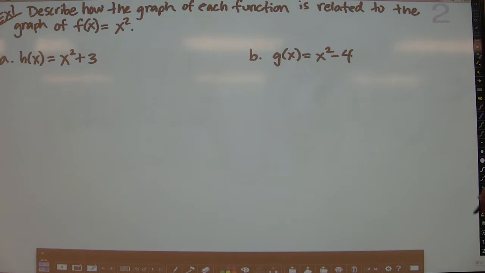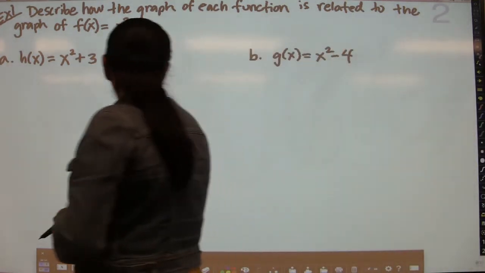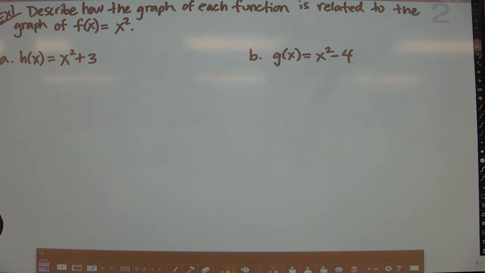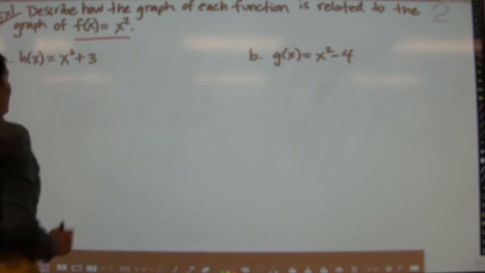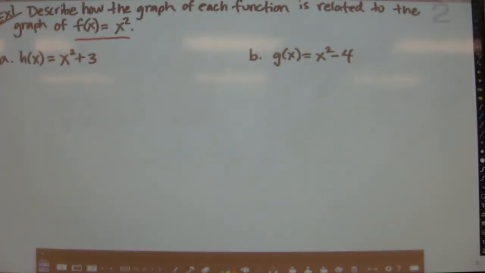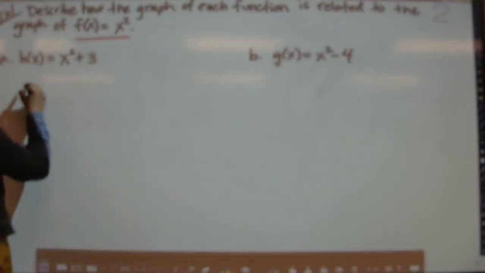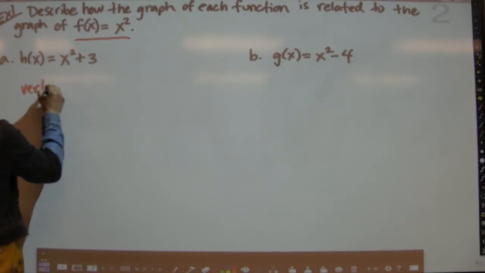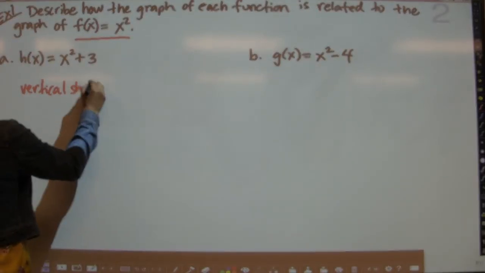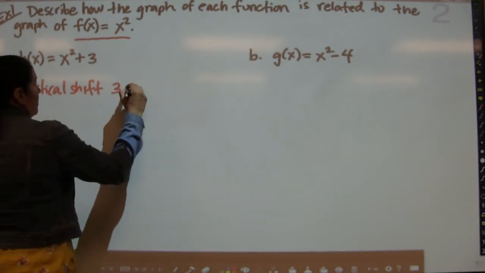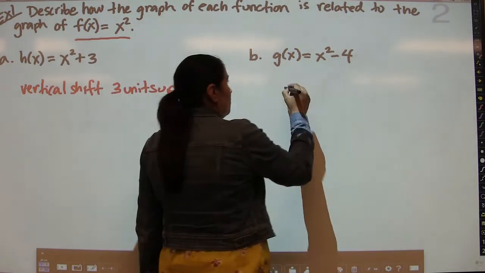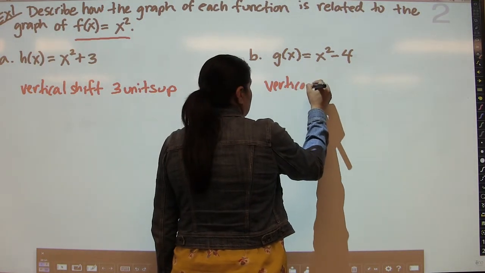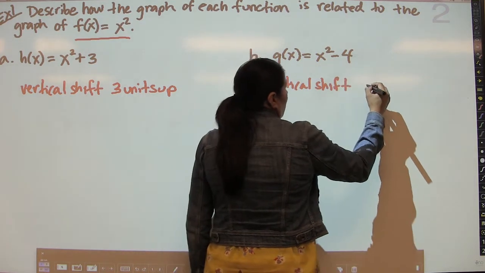Alrighty, so we want to do that here. It says, describe how the graph of each function is related to the graph of f of x equals x squared, our parent graph. In part A, we have x squared plus 3. Well, this would be a vertical shift of 3 units up because it's positive 3. In the case of part B, because we have a minus 4, it would be a vertical shift of 4 units